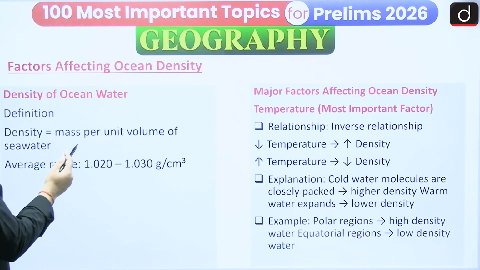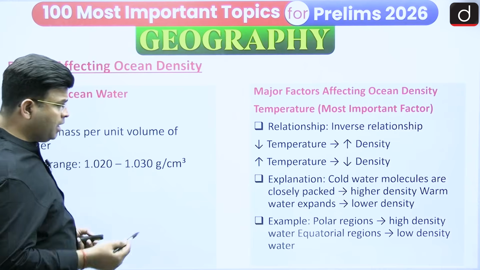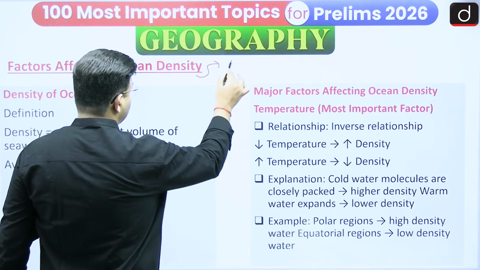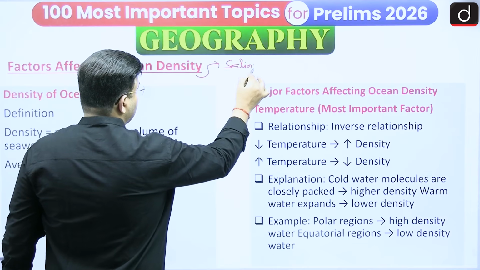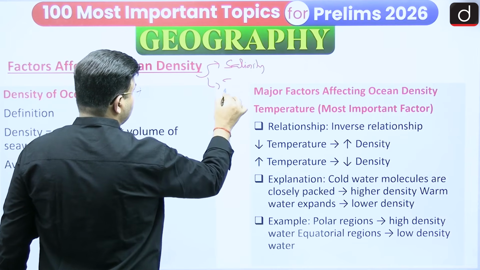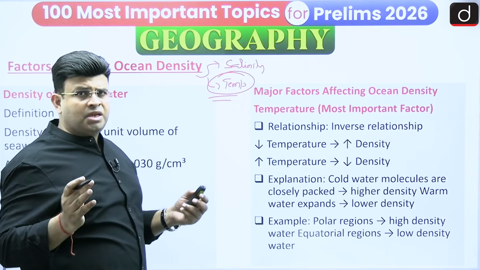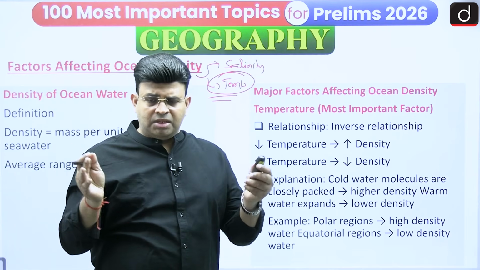Next one, factors affecting ocean density. The two things are salinity and temperature. If I am talking about temperature, if the temperature